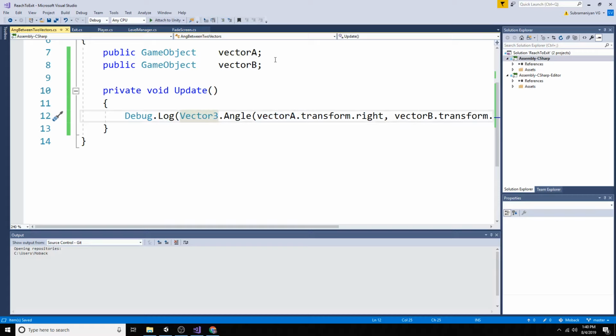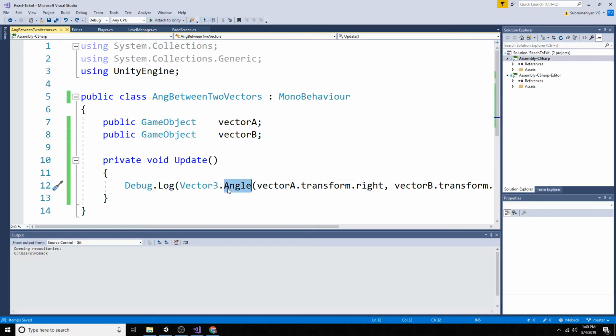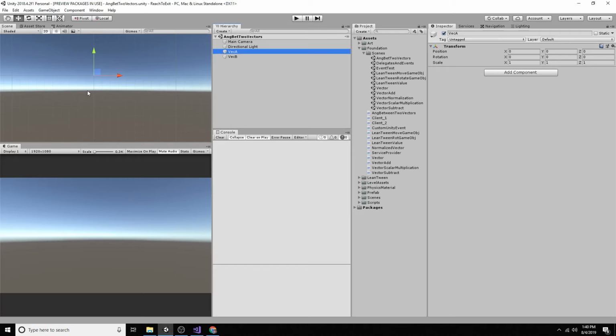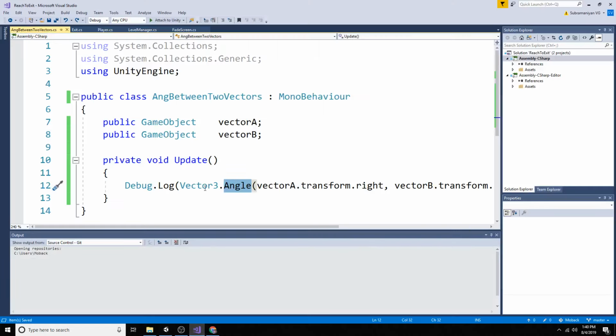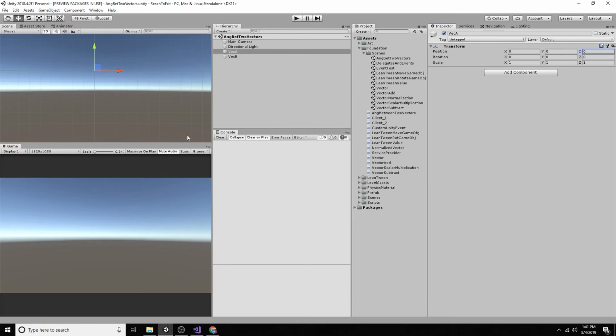If you want to find the angle between Vector2, then Unity gives that also, Vector2.Angle. We will be using Vector2.Angle, but since in this scenario we assume that the z axis is always 0, even if you use Vector3.Angle, z won't be considered in the computation,